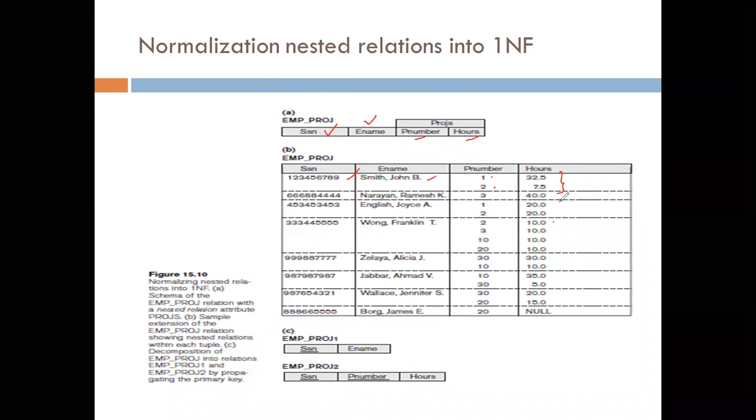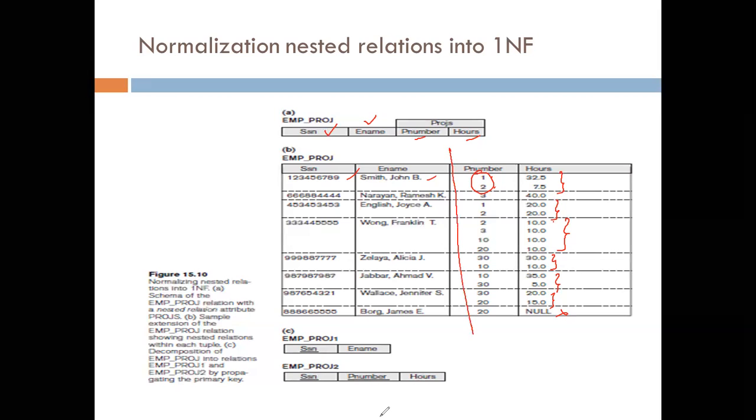Similarly, this employee is working on 2 projects, this employee is working on 4 projects, he is working on 2, here also 2, and he is not working on any project. So now again, project number 1 and 2, how we can store it in a table. So 2 values. So when we have this kind of data, we can divide the table such that